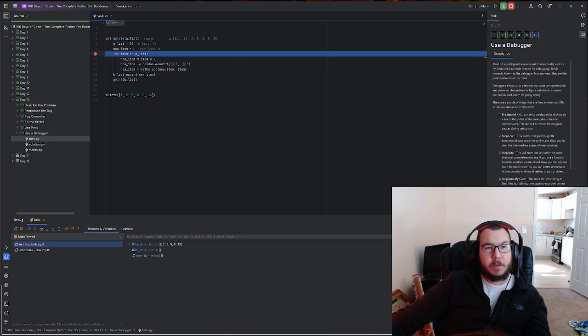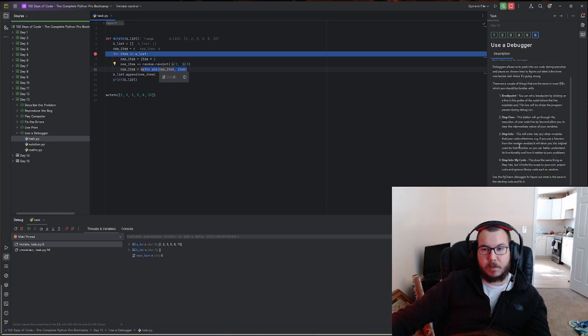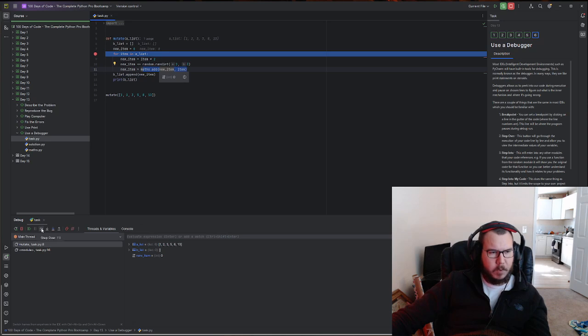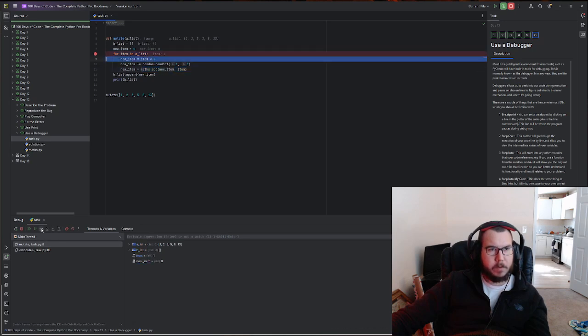We definitely don't need to, we know what this does. So we don't need to step into right now. But we can definitely step over, right? So line by line,